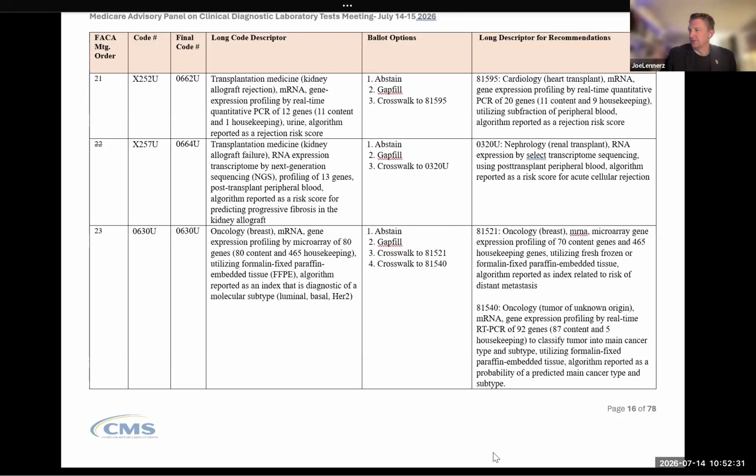This assay is done by the same lab, same NGS workflow, and same specimen type as a prior code, and this test is 0320U, and that's the recommendation by the MOG subcommittee and myself and Dr. Rumpler to crosswalk to 0320U. Thank you. Do we have any questions or comments from panel members or CMS on this code? All right, if no questions, panel members, please cast your votes.